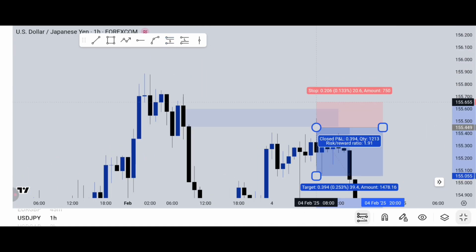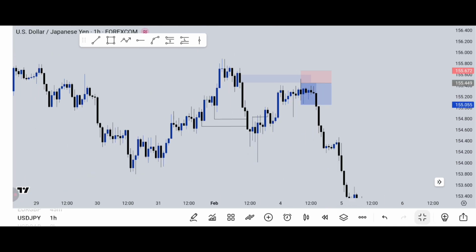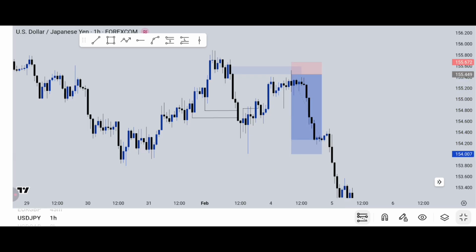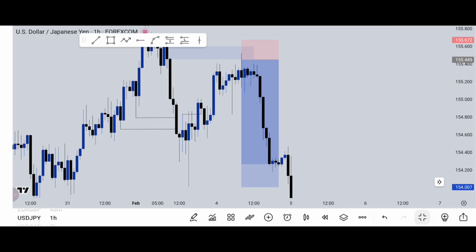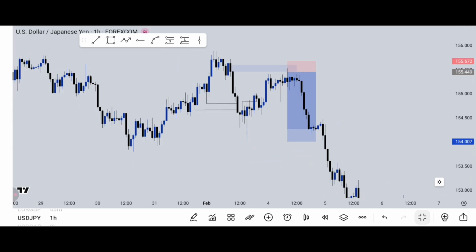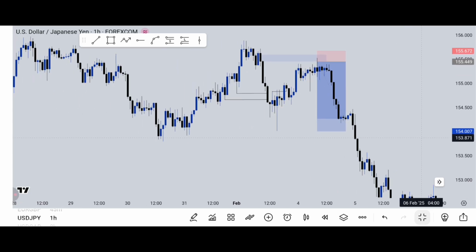Target the nearest zone of interest or the closest liquidity range. Take a look at this region now. This is a low, and price must take out this low to confirm that we're selling. That's what I mean by the closest liquidity available. Price must take out this low to confirm that yes, we're still selling.